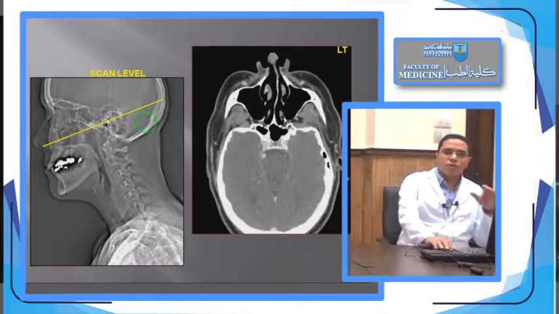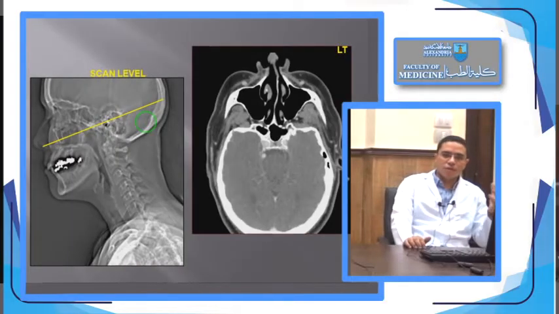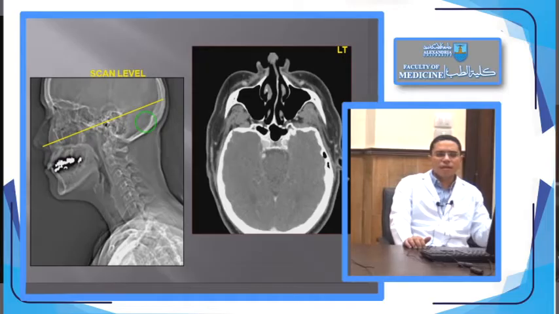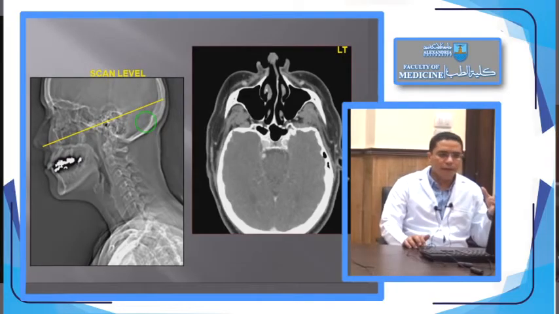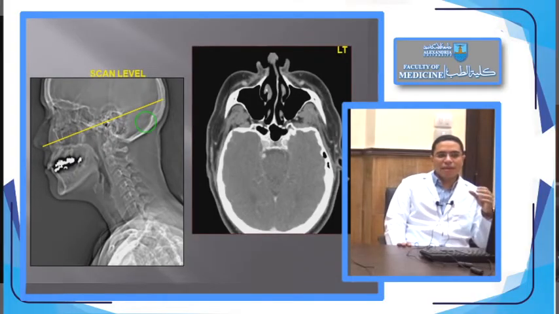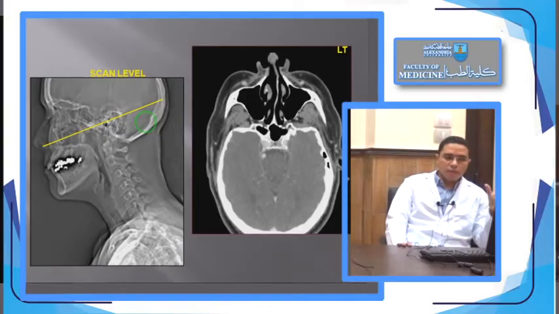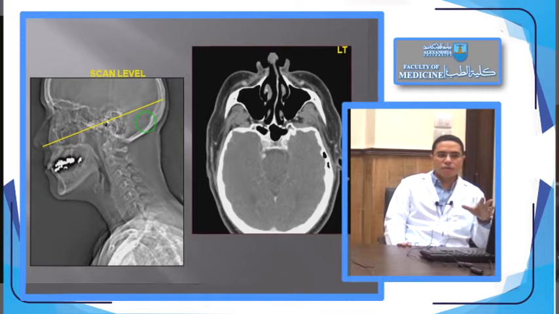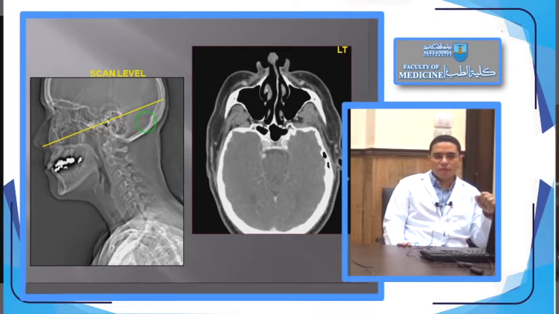While doing the CT scan, usually we do the CT scan with contrast. The contrast can delineate the vessels, and can delineate the mucosa of structures like the esophagus, so we can easily demarcate and delineate the structures from each other. Before giving this contrast, we have to ensure that the patient has good renal function, because it is nephrotoxic, and we have to take care because in some patients it can cause allergy and anaphylactic reaction.